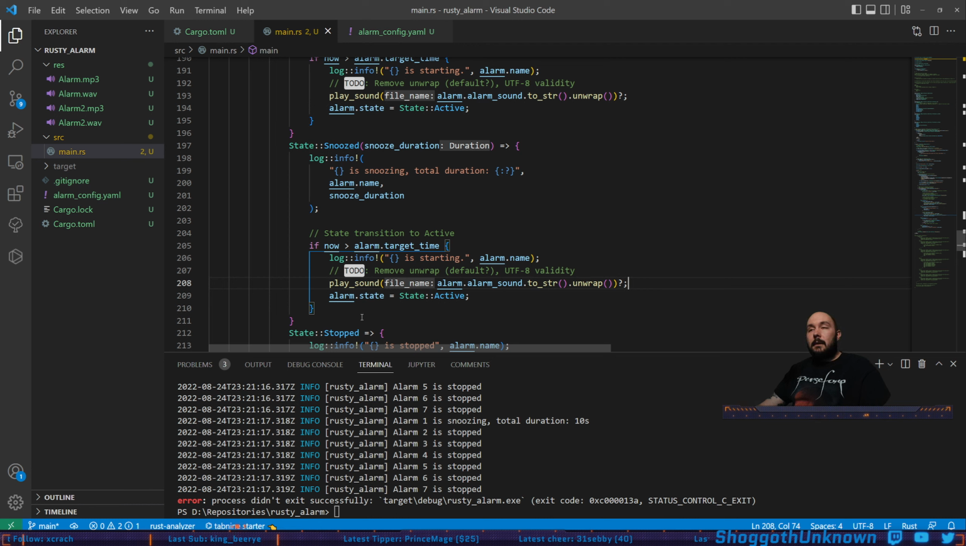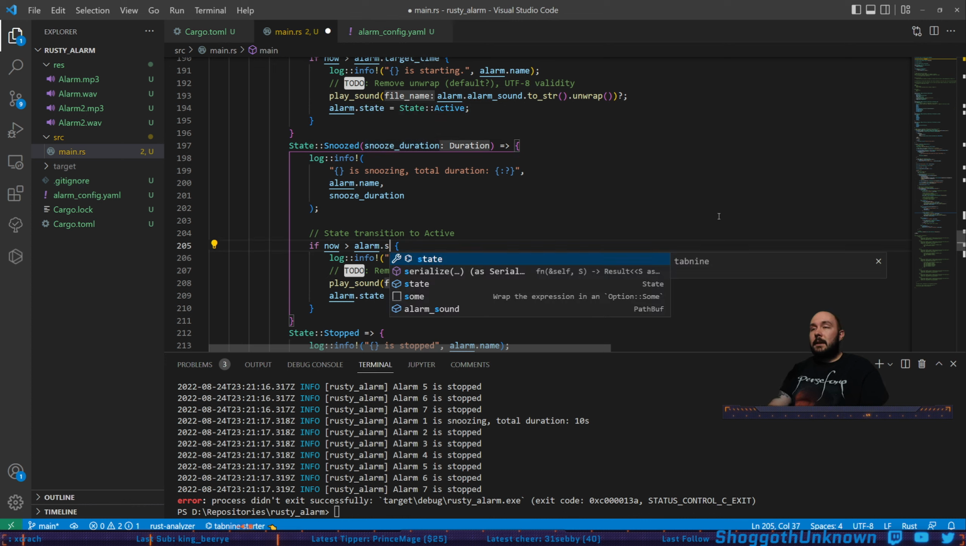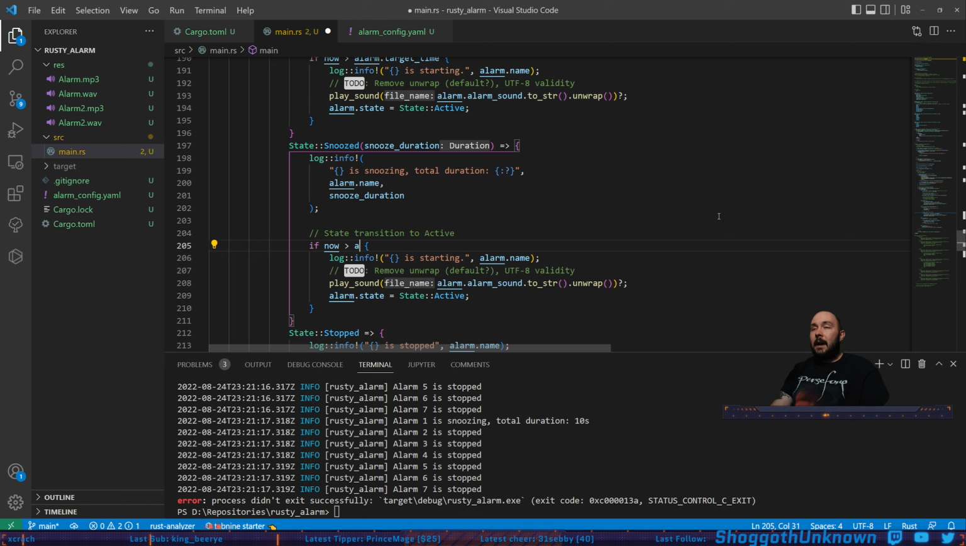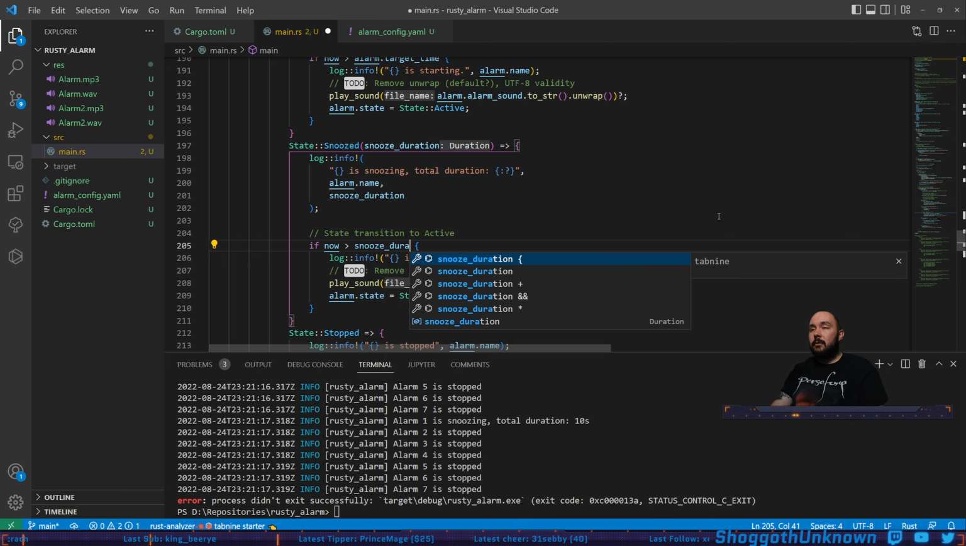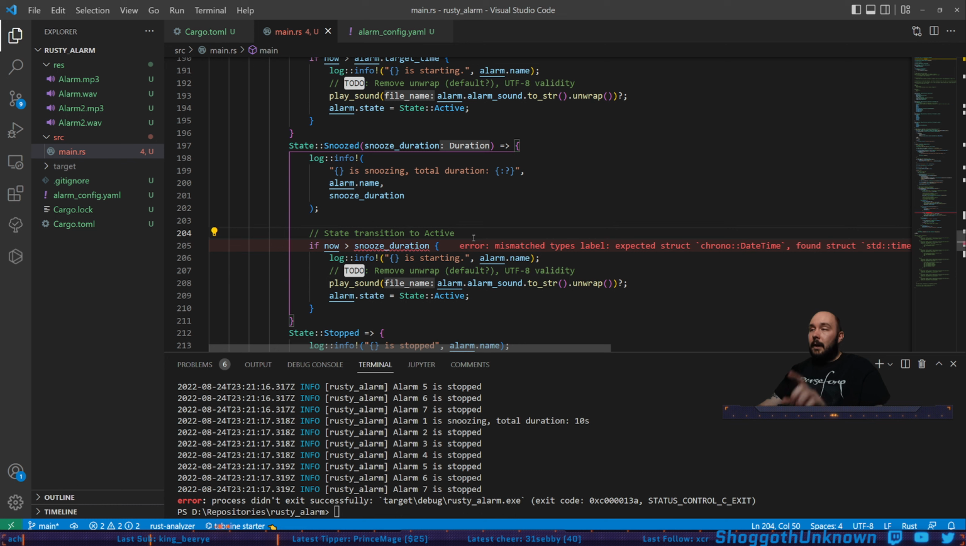Yeah. This is how we know we need to go to active, except it's not target time. It's going to be something different. It's going to be based on this duration thing. So we're going to say if now is greater than snooze duration. I know that's not right, but we got this. Trust me. Yeah, if now is greater than that. And then here we are going to say